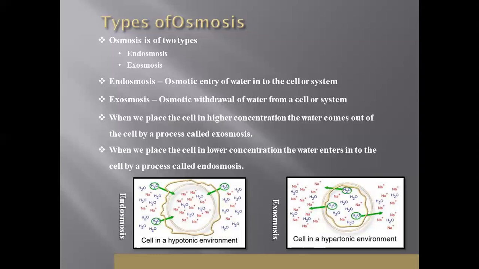Simple, right? When we place a cell in higher concentration, the water comes out from it. When water is coming out from it, pause my video and give the answer on your own. What is that? Right? That is removal of water. That is exosmosis. When we place the cell in lower concentration, the water enters into the cell by a process known as